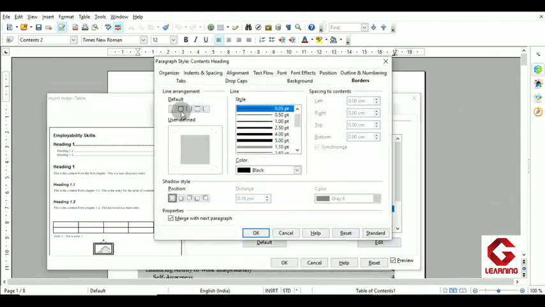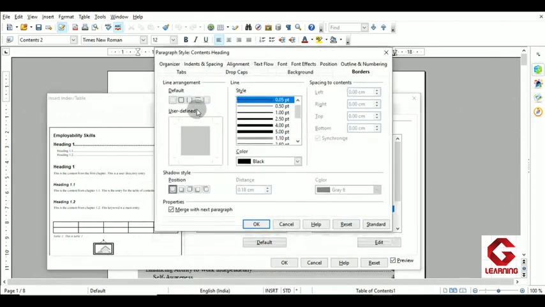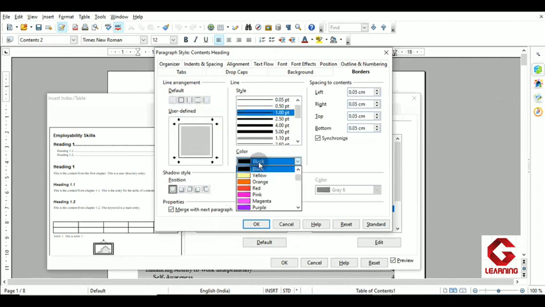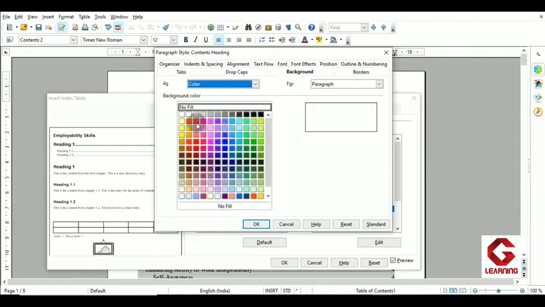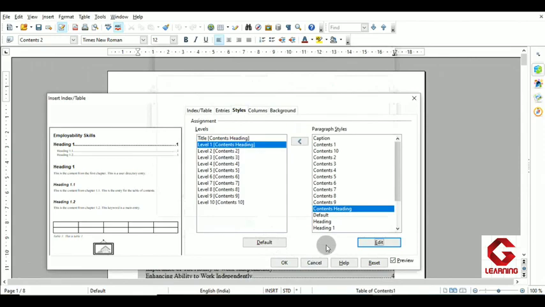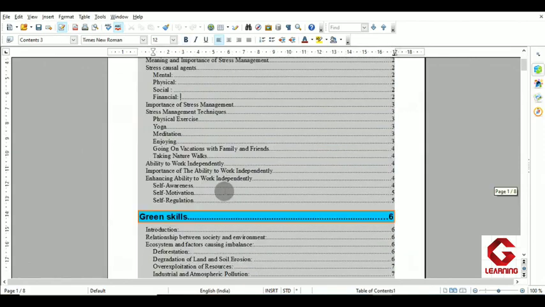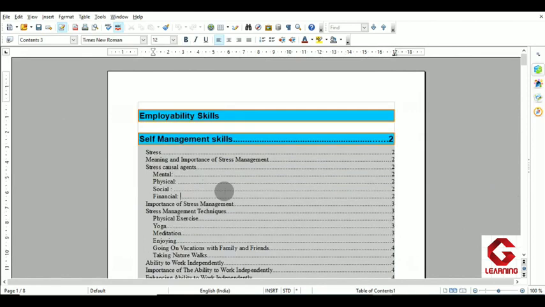As I'm clicking on edit, here if I want to enclose my complete chapter name inside a border, that will be possible from here. After that I want to give color to the border, so that can be done from here. After that I want to change the background color of that particular heading, so as I want this color, that will be done. Thereafter okay, and here, now you can see that whatever was mentioned in outline level 1, now got highlighted in this way. We are getting color in the background as well as the complete text enclosed in the border.